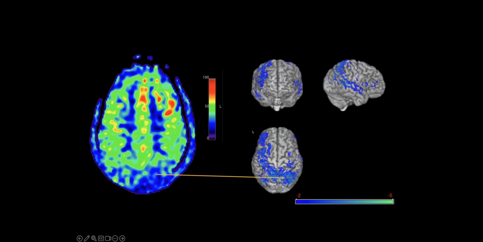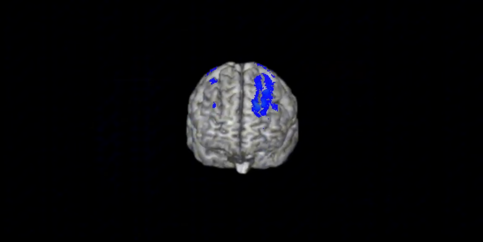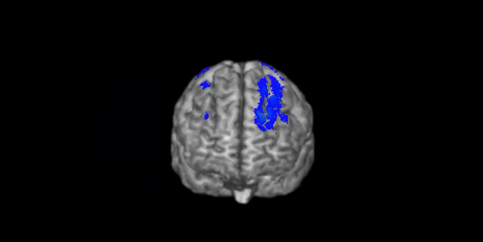So again, that's the coup-contrecoup that I showed last week, where you can have an initial point of impact, and then of course the counter area of injury as the brain shakes around in the skull and the cerebrospinal fluid is even worse than the initial point of impact. That's the coup-contrecoup. And we see a lot of evidence of that in the cases that we've encountered. And again, this is just another example of showing that asymmetry, especially in that frontal area.